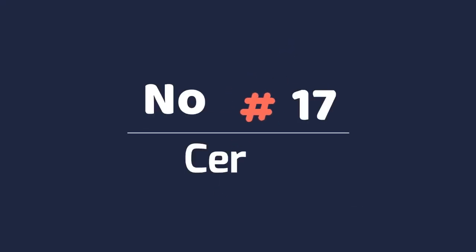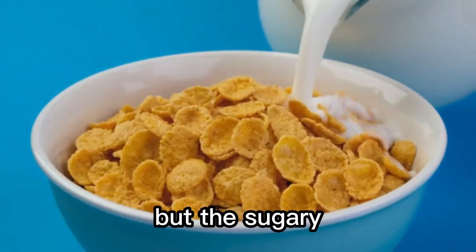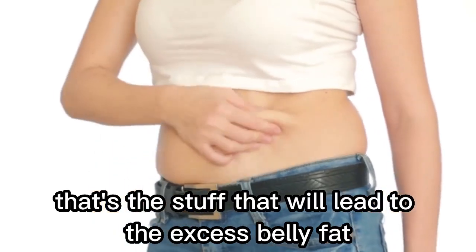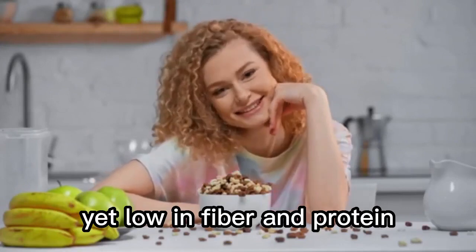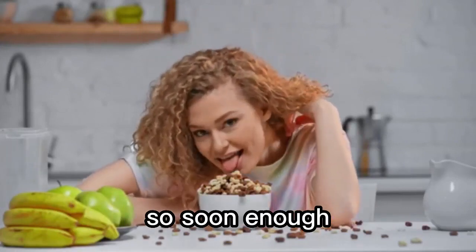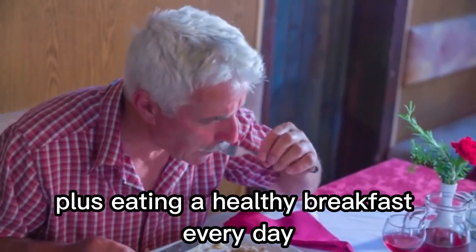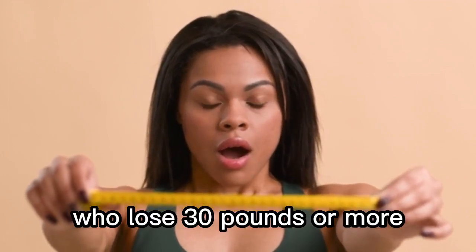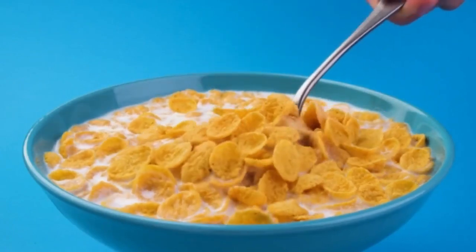Number 17, cereal. Not all cereal is bad, but the sugary, colourful kind you most likely ate as a kid. That's the stuff that will lead to the excess belly fat. Plenty of cereals are high in sugar, yet low in fibre and protein, so soon enough you'll feel hungry again. Plus, eating a healthy breakfast every day can help you lose weight quicker. One study found that 70-80% of participants who lose 30 pounds or more kept the weight off by eating breakfast daily. As long as you're eating the right kind of breakfast,